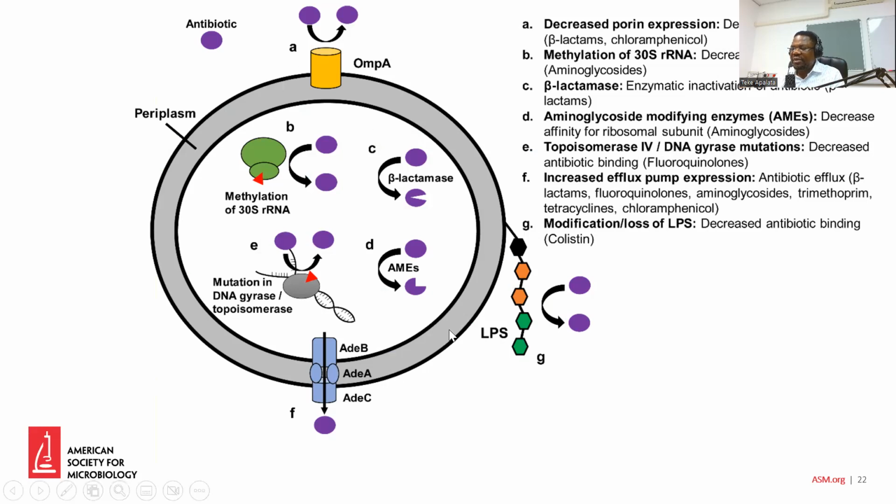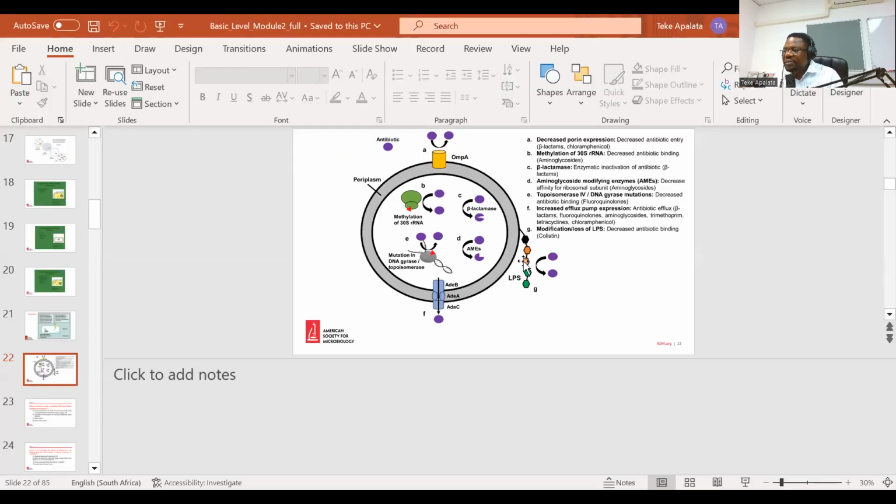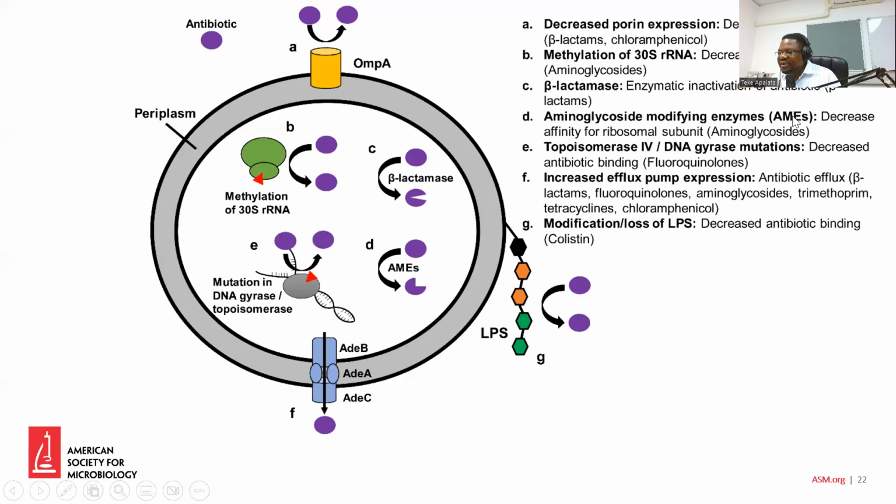Here we can see that there is a decreased porin expression in A. We have a decreased porin expression here. And in B, we can see that there is a methylation of the 16S